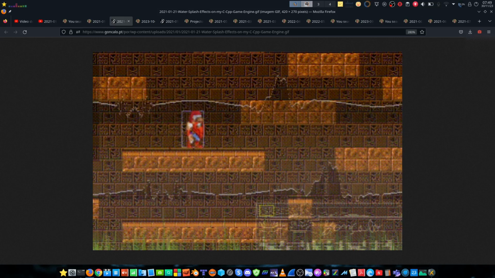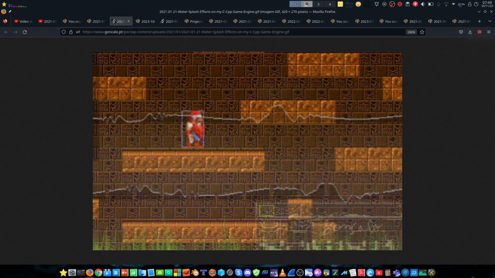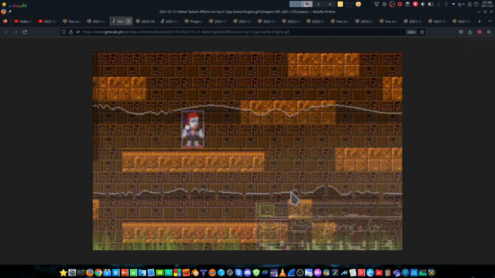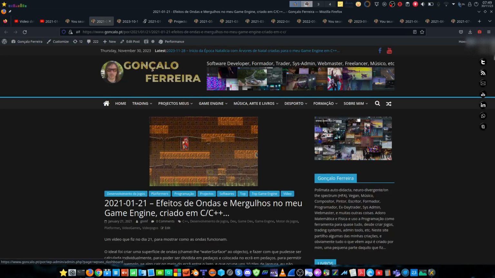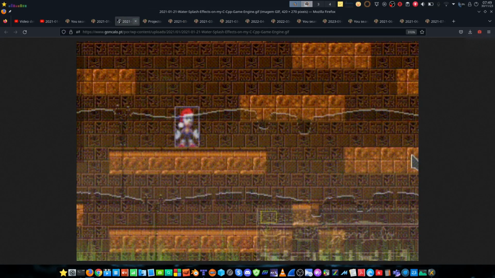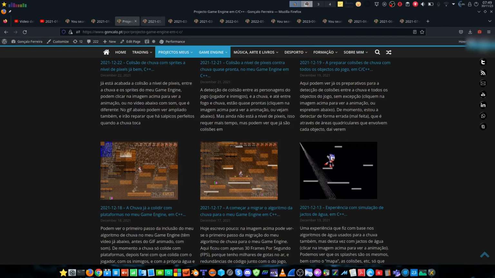Okay, this is me testing the splashes for the player when the player enters the water. Okay, I worked on this. After this I started working on